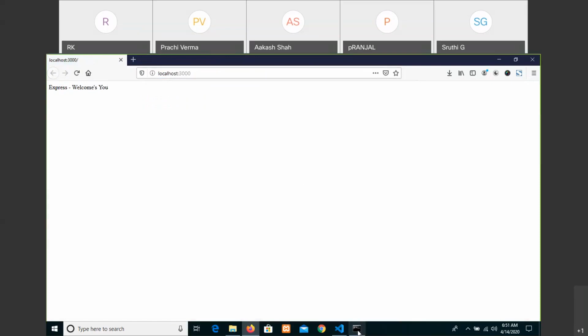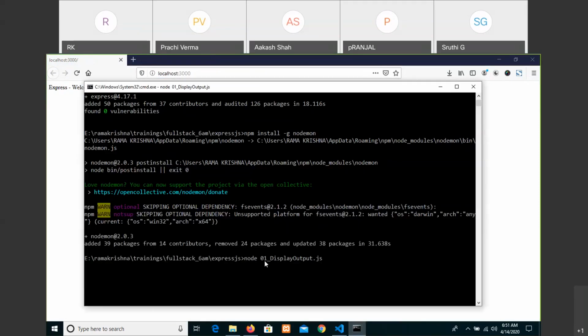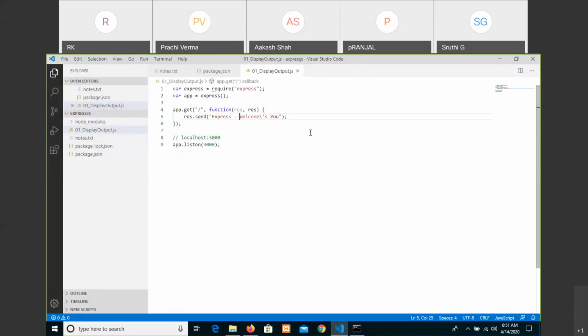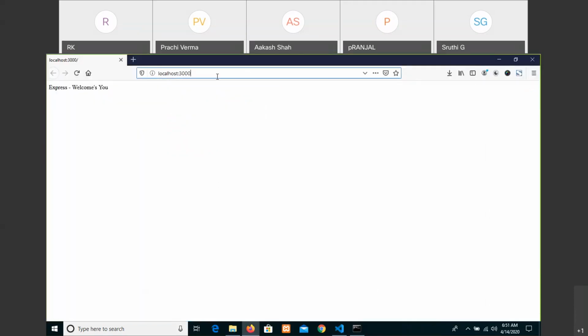This is the first statement. For example, if you change something here, make it express.js, then let us see whether it is updating the statement or not. No, it is not updating.